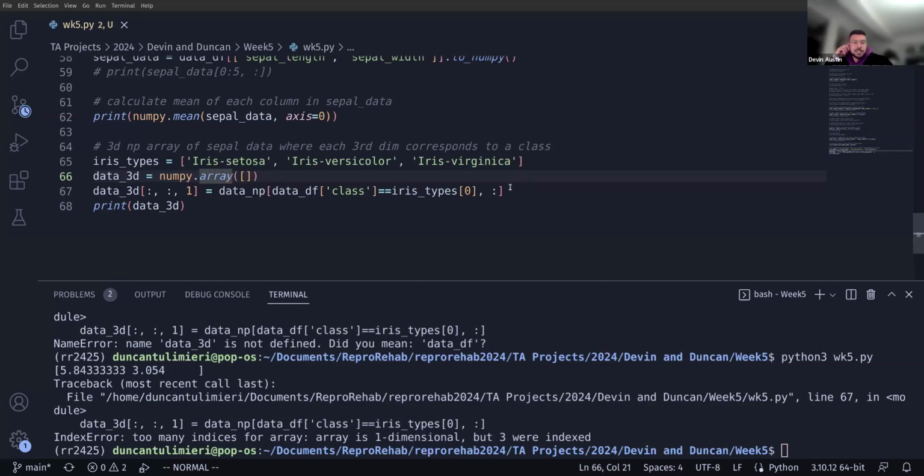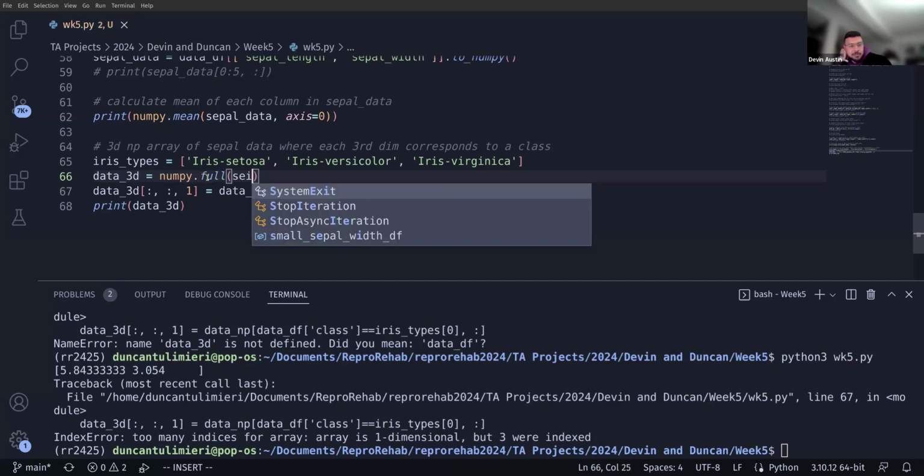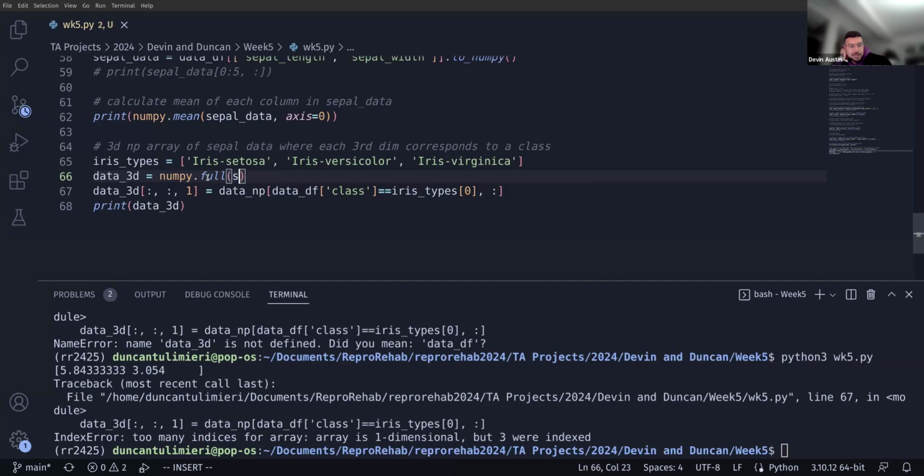We need to predefine a size too. How do I do that? But we can do np.full. Yeah, that's a better way to do it. It should just take size, right? Nah, we want to fill it with something, and I typically fill it with NaNs. So the first thing, I believe, is what do you want to fill it with? I want to fill it with NaNs, and then the shape, which is going to be